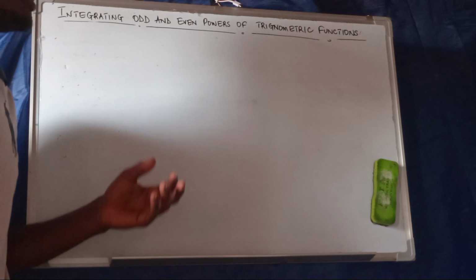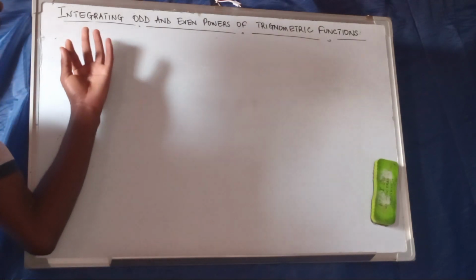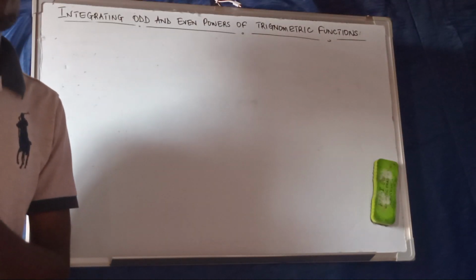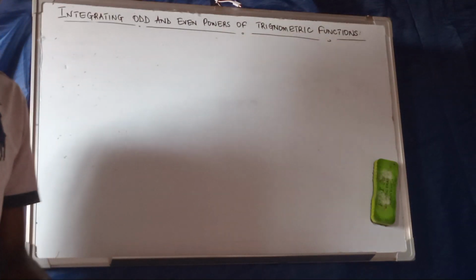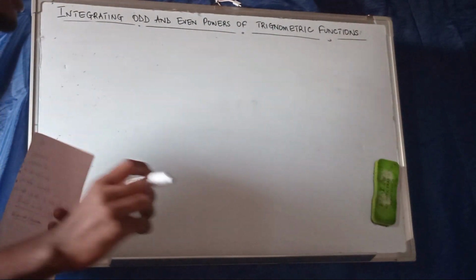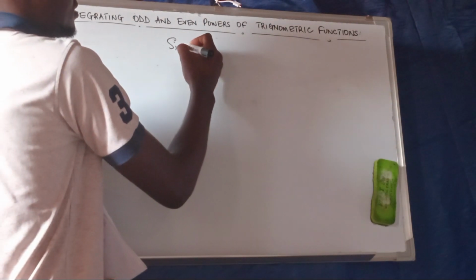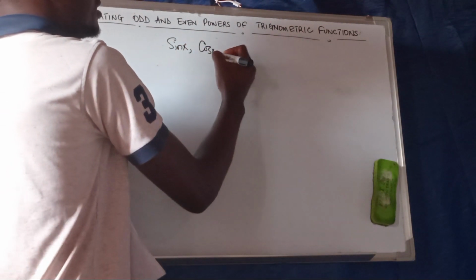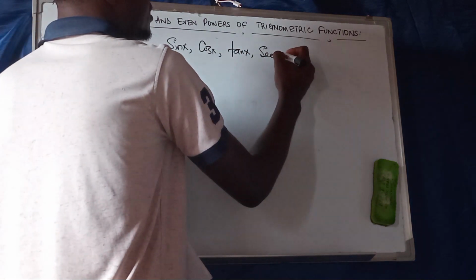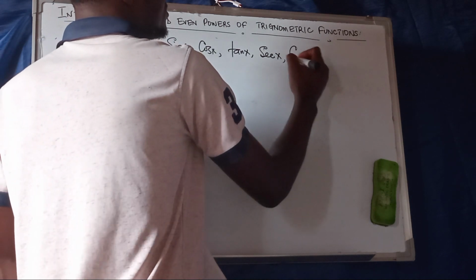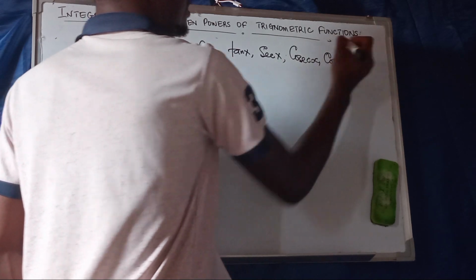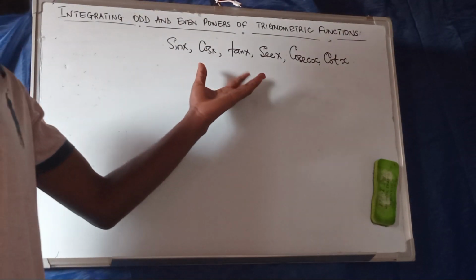So today we are going to talk about integrating odd and even powers of trigonometric functions. We know the trigonometric functions: we have sine x, we have cos x, and we have tan x, which is sine x over cos x. We have sec x, we have cosec x, and we have cot x. We know all these trigonometric functions and